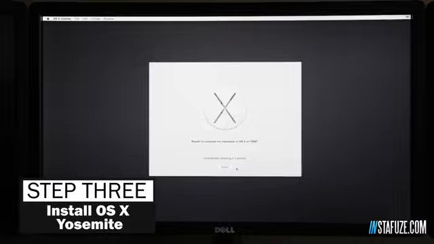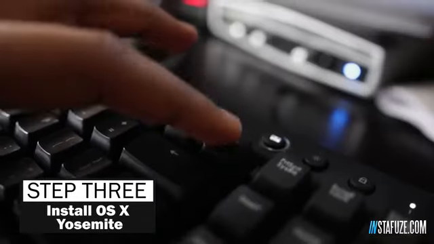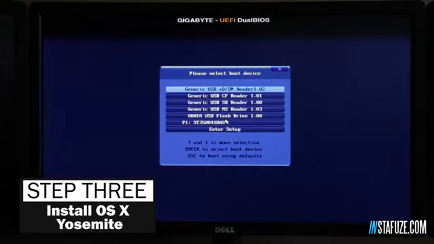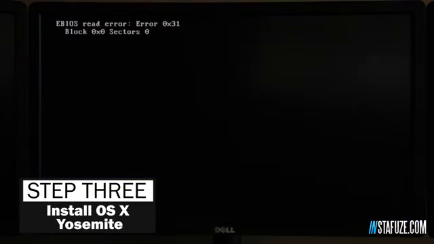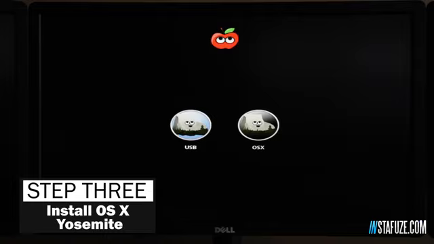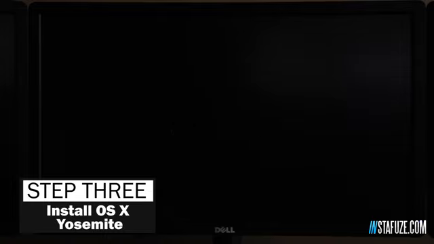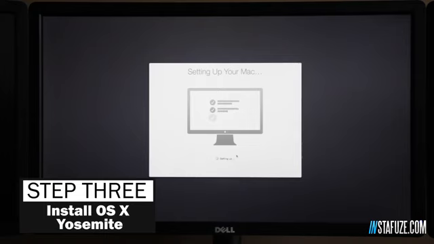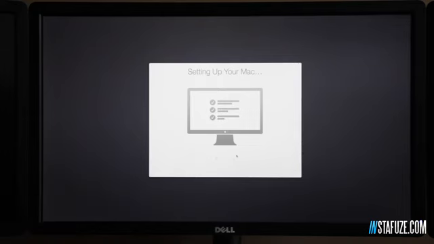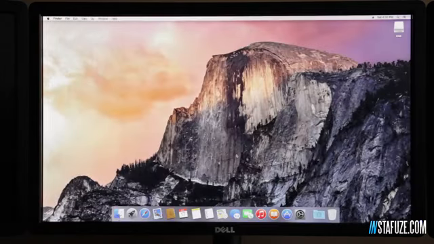When it does, you want to press F12, and that'll get you into the initial boot manager. Again, you want to select the USB, and it'll load up the Chimera bootloader. And here you now want to select the OS 10 icon, not the USB icon. Once you do, you're going to be booting into OS 10 using your hard drive, and it's going to go through the initial setup, and you can see everything looks great. Everything looks fairly normal. Once you get through the initial setup, if you made it to this point, give yourself a pat on the back because you just installed Yosemite